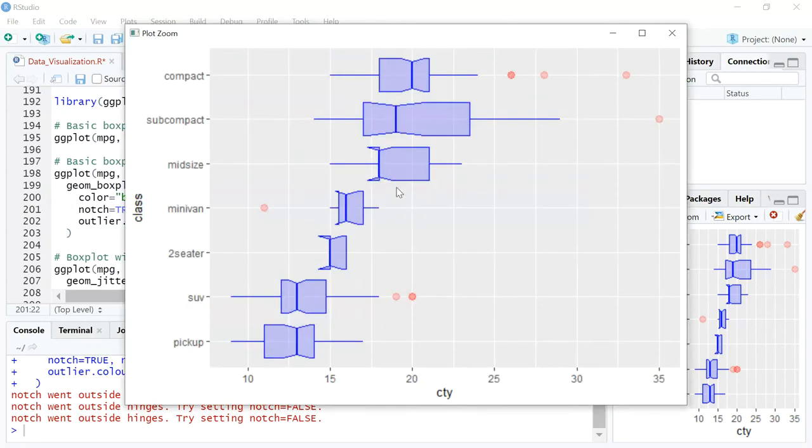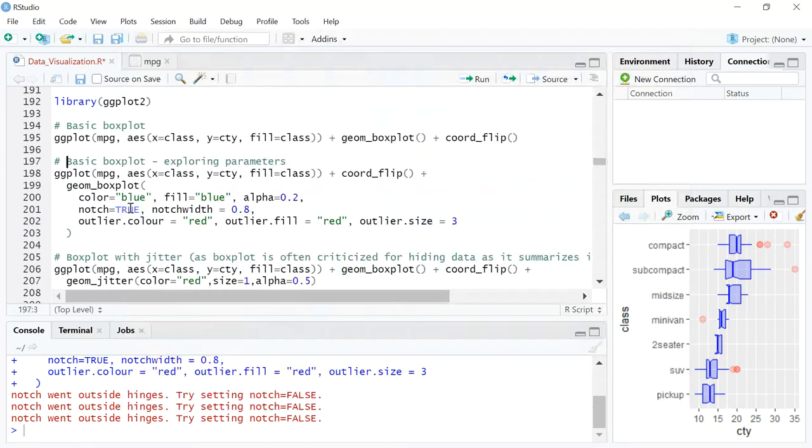So you see what has happened here. Now the box plot was a box. Now you see that there is some notching happening here, and outliers are being colored in red, and it looks like a faded red, right? And the color of the box plot is some shade of blue. So that's exactly what has happened. I'm calling the color as blue. So this is the outline, and I'm going to fill it also with the color blue, and I'm going to use an argument called alpha.